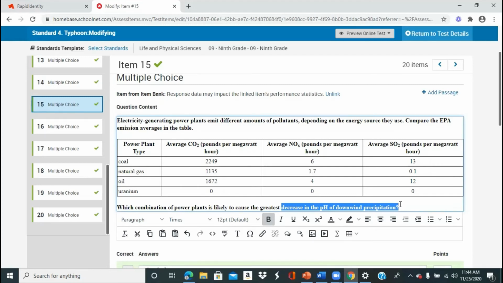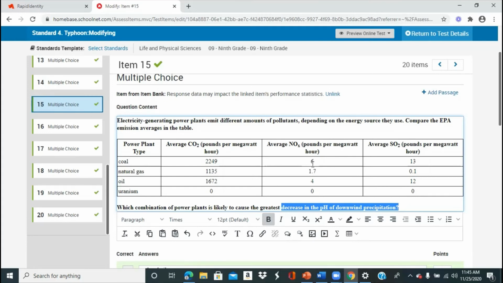So let's try to study the chart. Know that carbon dioxide is the major gas or compound that makes the greenhouse hotter. So this compound is mostly related to greenhouse effect and global warming. While nitrogen oxide and sulfur dioxide over here, or NO2 and SO2 here, are two different compounds that could affect the acidity level of the air and of the solution. So when we say higher contributors, we're gonna look into the higher contributor of